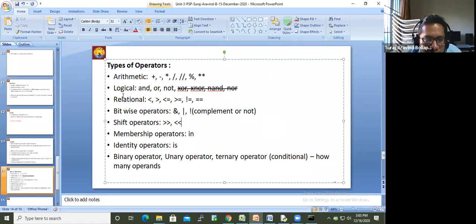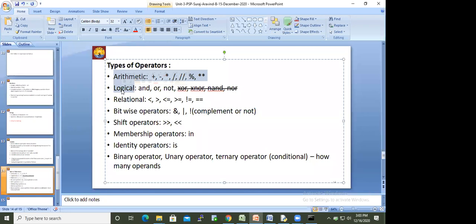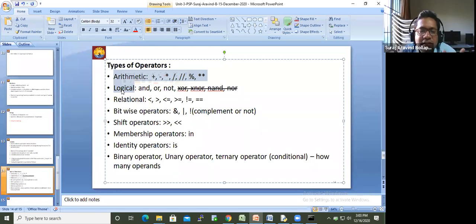Till now we are confined to these because only those data types have been given to you. We did not discuss much about sets, tuples, dictionaries, etc. When those data types come, we will add some more operators also.